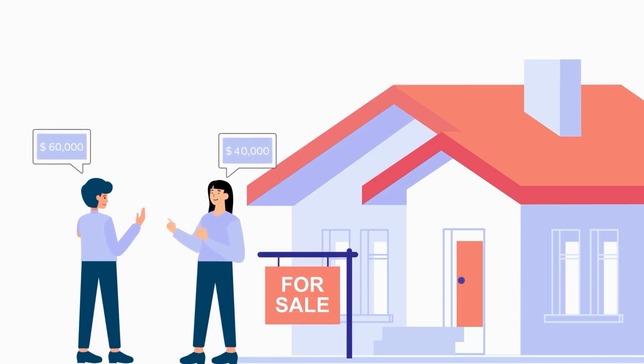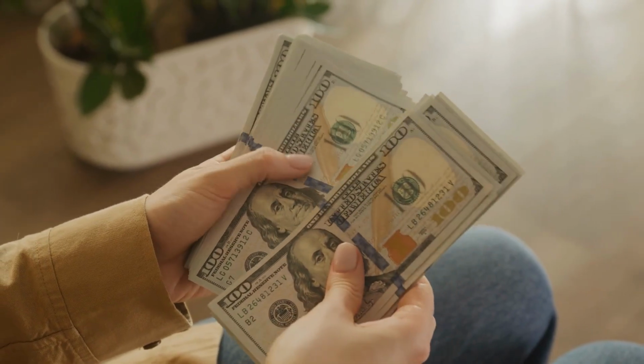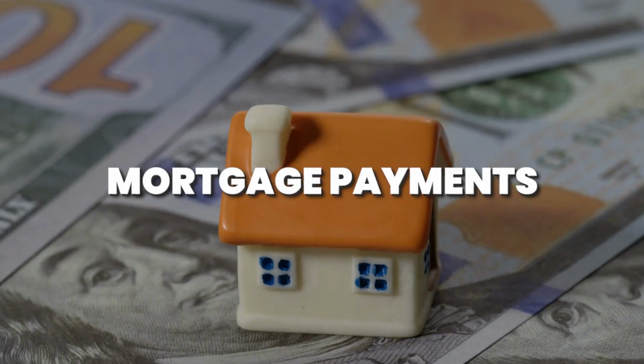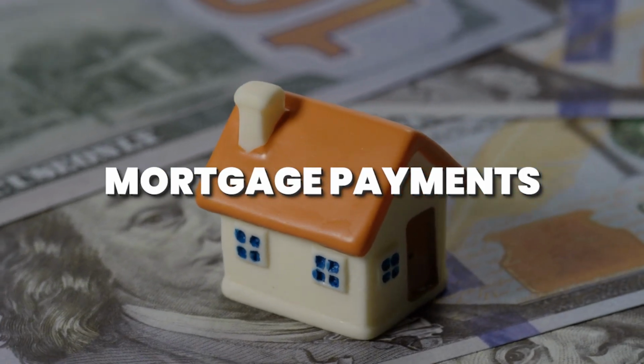quickly realized that the money management side takes more work than I expected. There are so many little tasks in the back end. There's those endless receipts from Home Depot runs to fix things. There's tracking all the deposits, the repair expenses, the mortgage payments, and all of the other related expenses. There's making sure I don't miss any tax deductions. There is collecting rent from the tenants and making sure it's on time and charging late fees and everything related